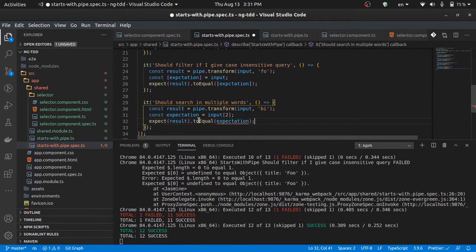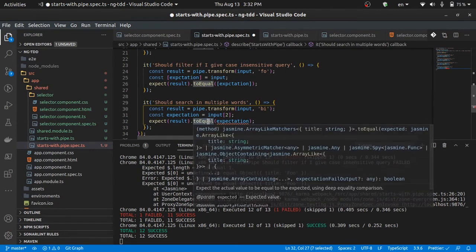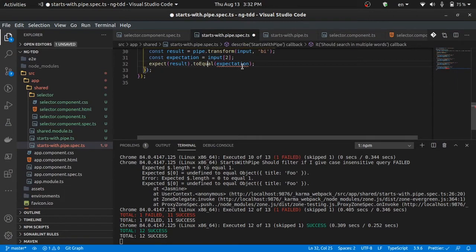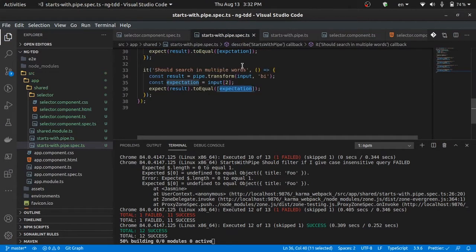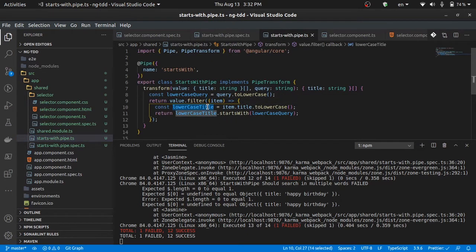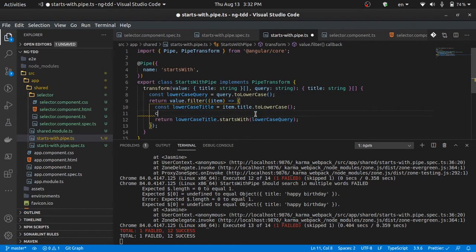By the way, we didn't use toBe here because toBe checks for object equality, and toEqual actually searches for every value. Okay, and this should be array. Okay, now I think we need to split this. So each word is split of this, and we need to match that